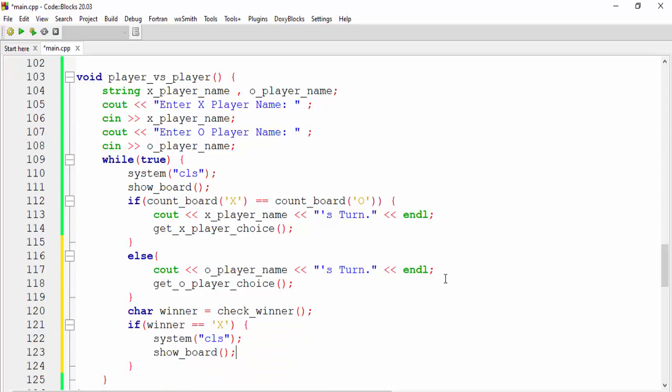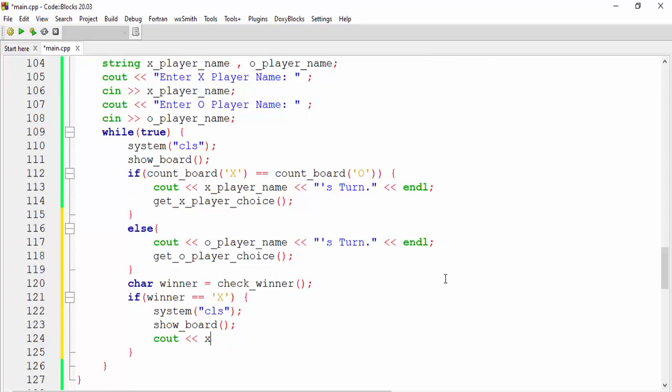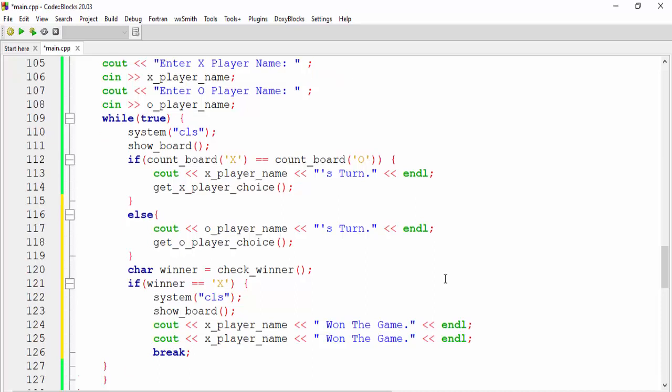After showing the board, I will say cout X player name won the game. After that I will say break, because if anyone won the game, it should break.